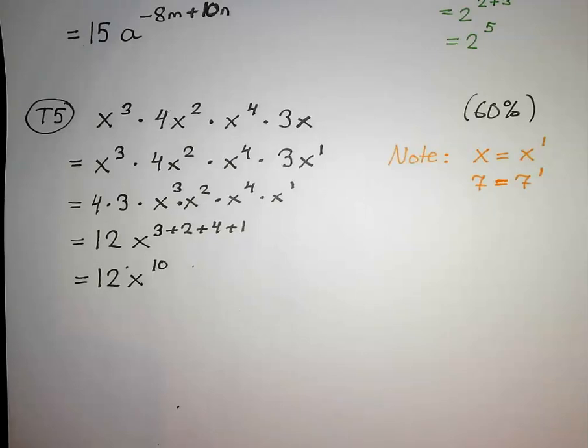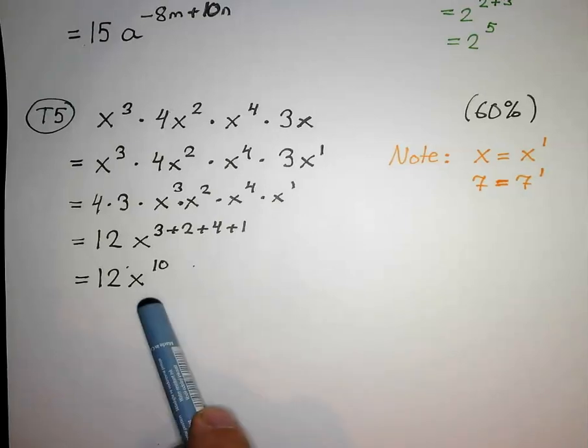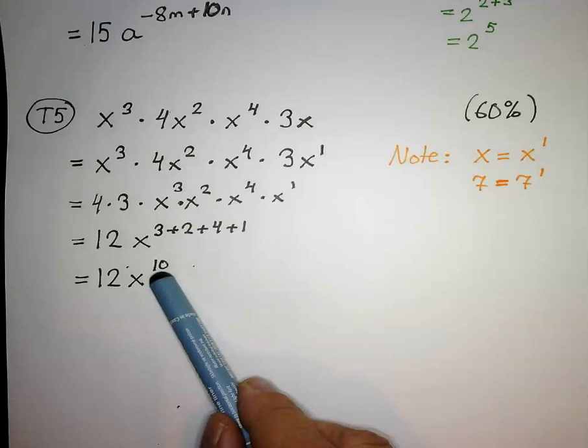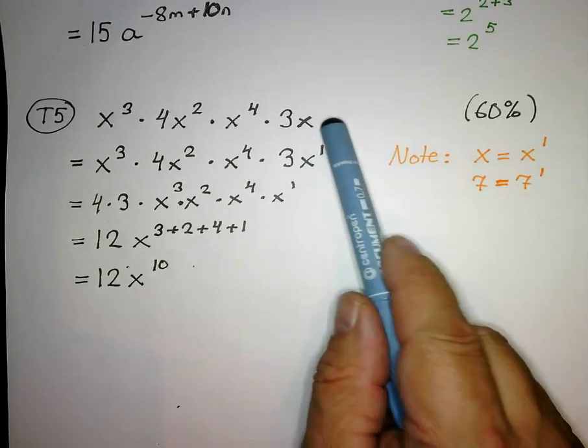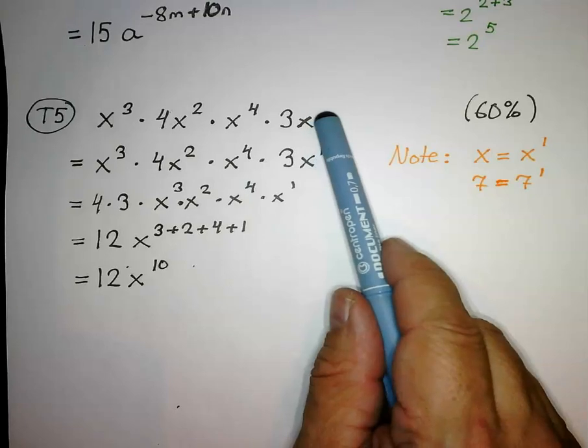The most common wrong answer to this problem was the same, but the exponent was 9, and it is a usual error, and it tells that if there are no